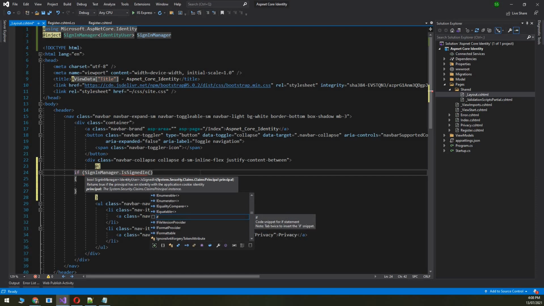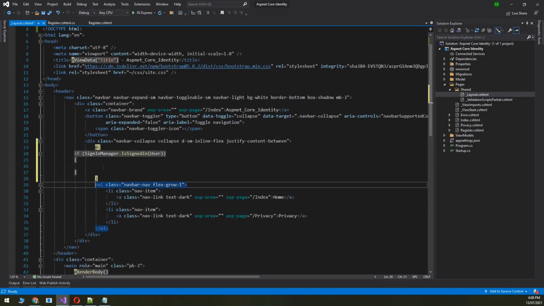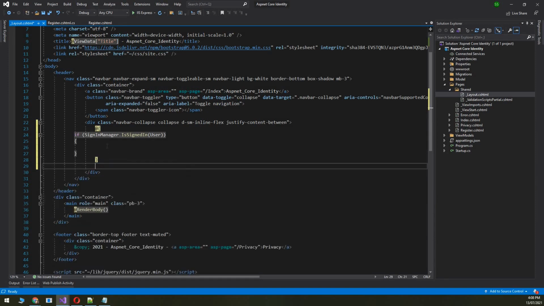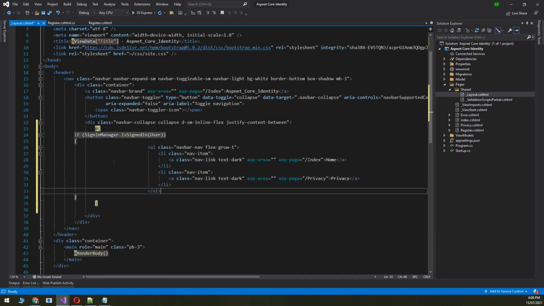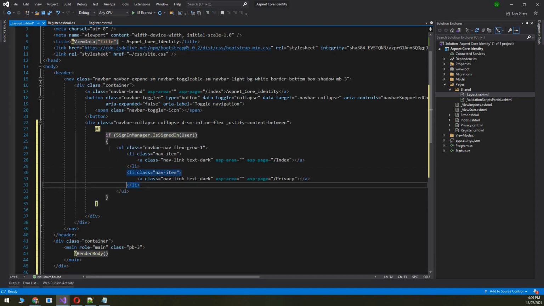So we will mention User over here, and after that we will say only if the user is signed in, we will show the home and privacy pages. So I've removed the UL from there and put it in the code block over here. I will format this,